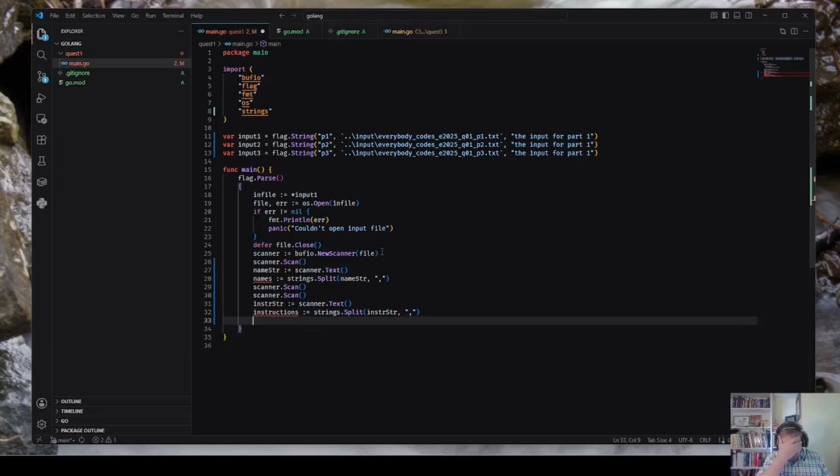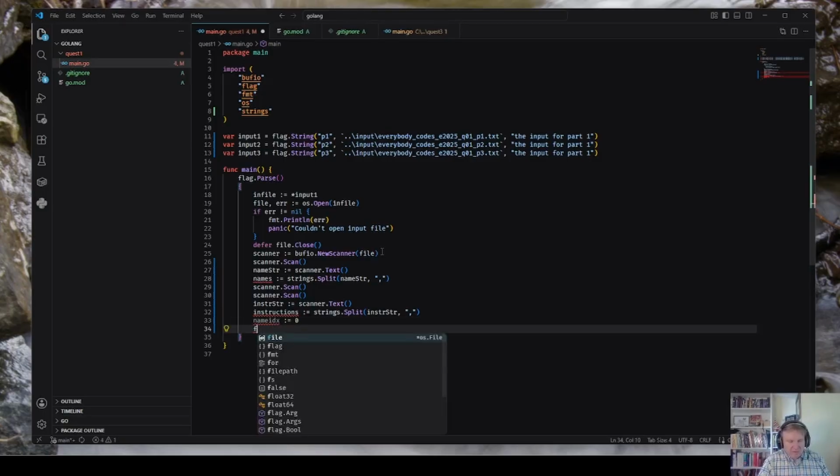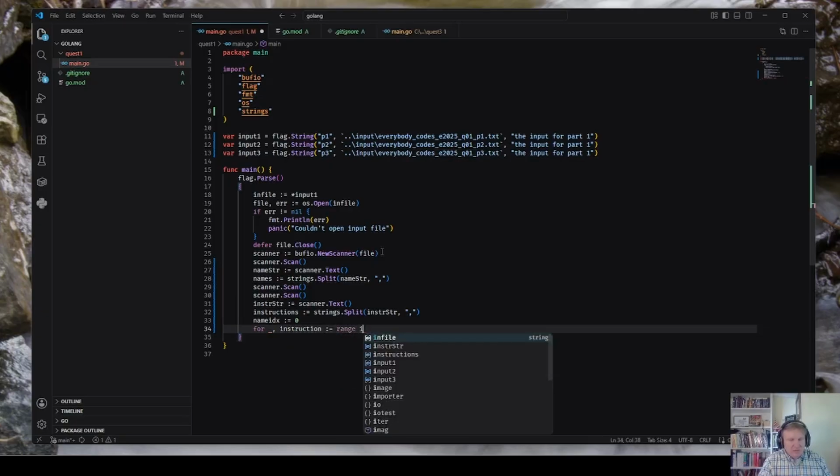Then, okay, then we do for, okay. Name index. We start at the first name, that is name 0. For underscore comma instruction, range instructions.